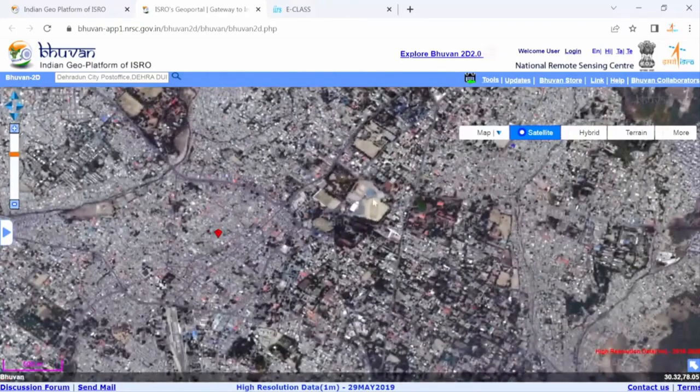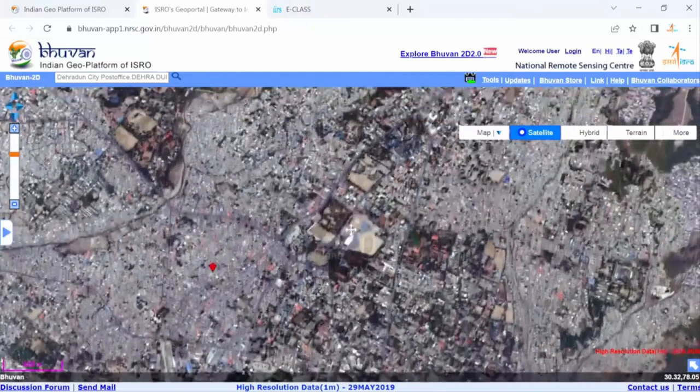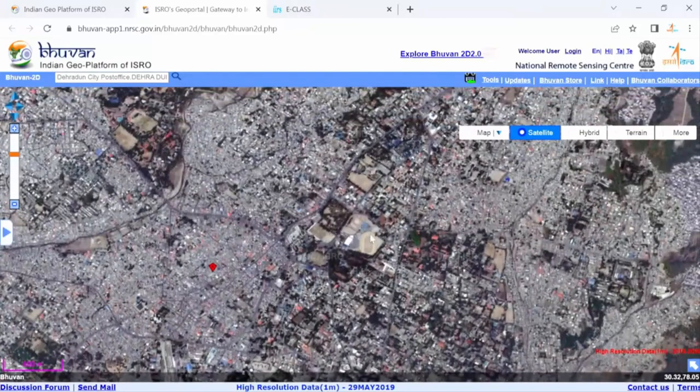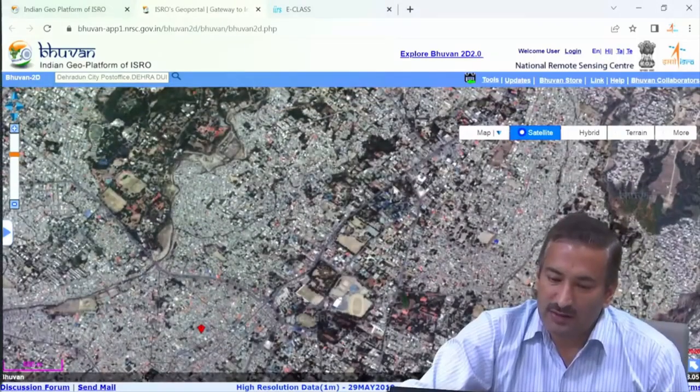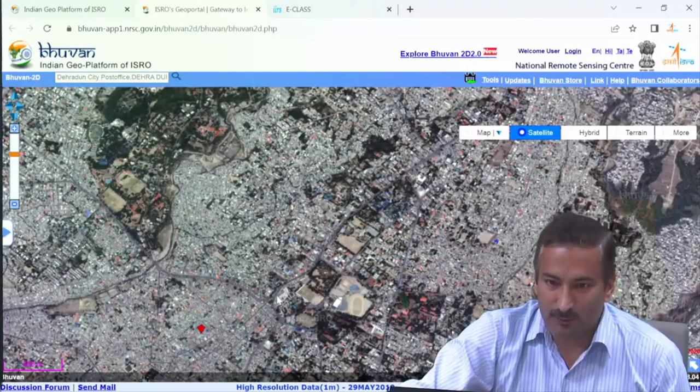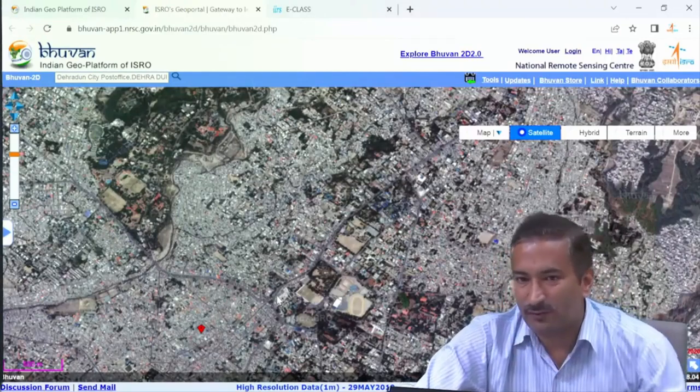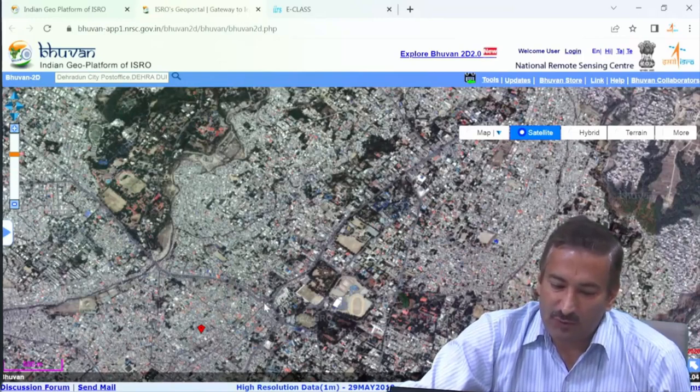Another thing I know is that near this parade ground there are roads. There is one prominent road near this ground, and the name of that road is Rajpur Road. It is towards the left hand side of this ground. This linear feature I am seeing here is nothing but a road. We can have a linear feature of a canal also, which will have a similar kind of structure, but it will be very straight. Since it is known to me, this is the pattern of a road. A road looks like this in the satellite image.